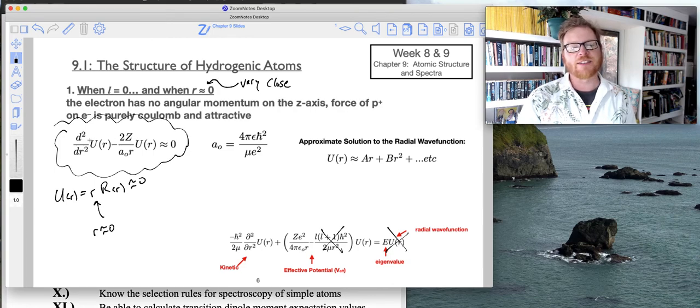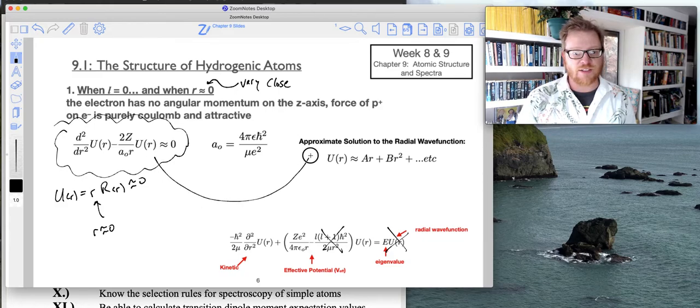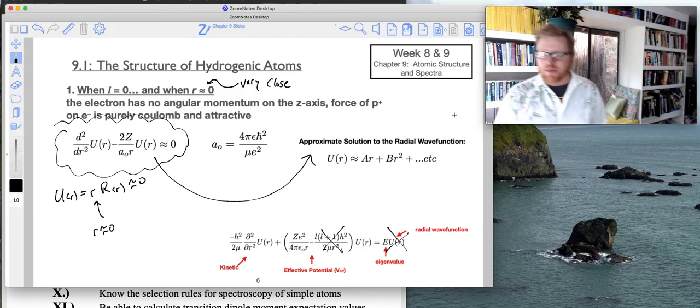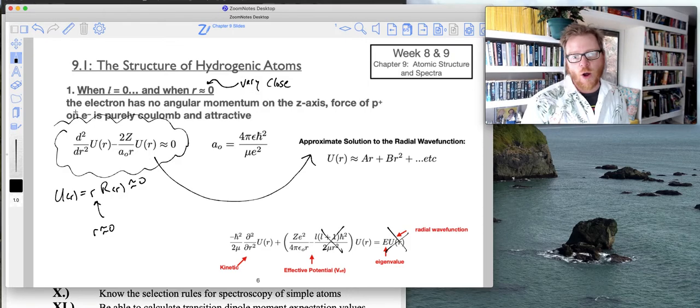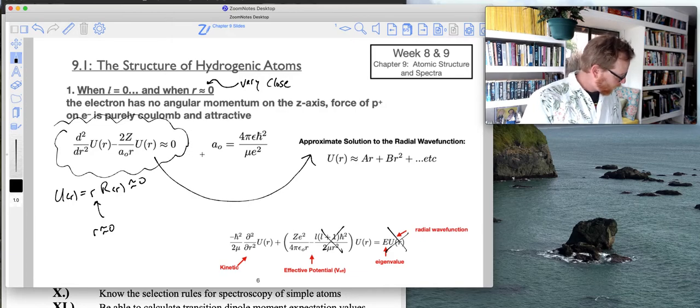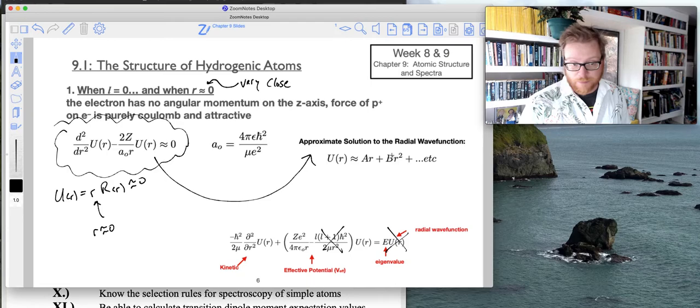Okay. So now for this condition, our Schrödinger equation becomes very easy to solve. So this entire big nasty Schrödinger equation just reduces to this very simple form, and the approximate solution of this wave function is given by this polynomial. I'm not going to go through the ansatz method on this equation. We're just going to rely on this approximate solution for now. So it's a polynomial. So when L is equal to 0 and when r is very close, we can describe our wave function with this polynomial. Okay, let's look at a different